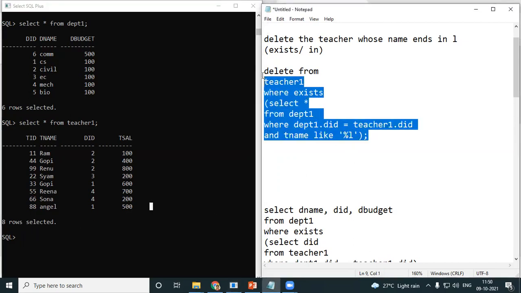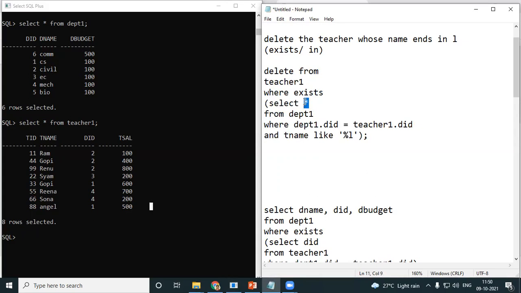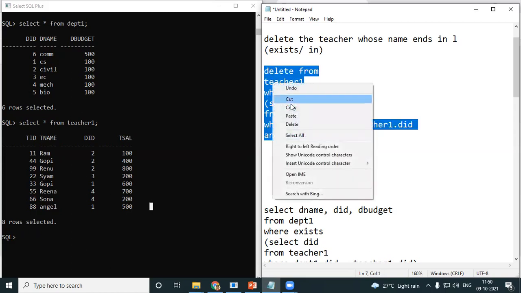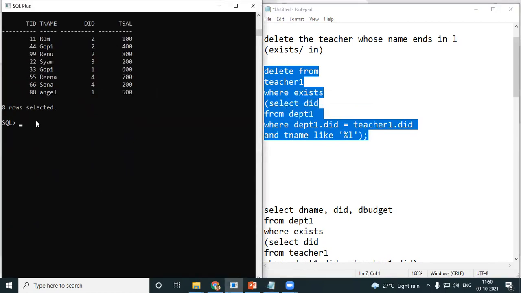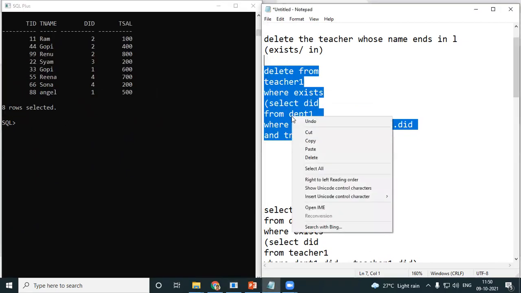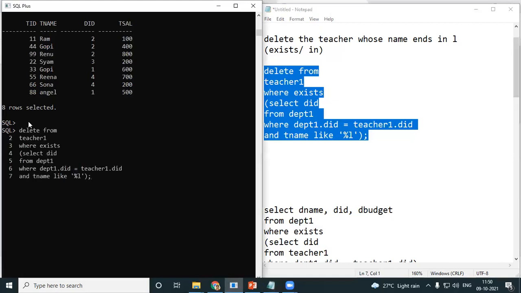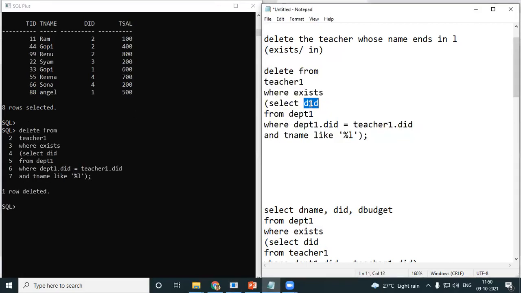Let's see whether Angel goes away. Select DID. Let's see. Yeah, it goes. You need not give star. That common field is enough.